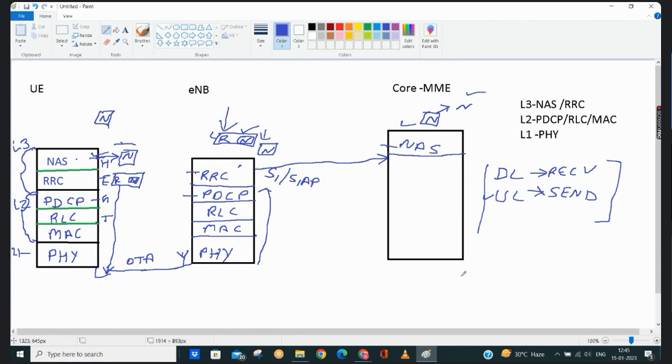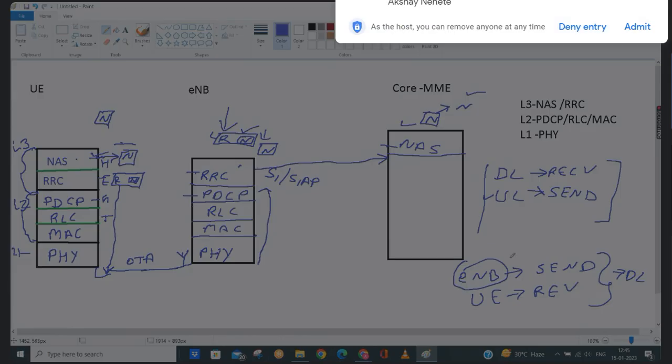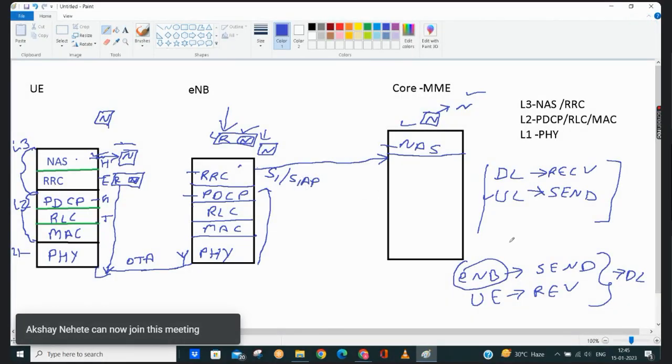Suppose eNodeB is sending and my UE is receiving. Then this one is DL. And from the eNodeB point of view, is this uplink or downlink? Both will be DL only.